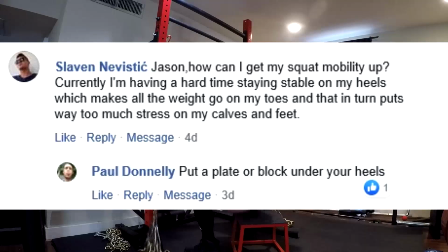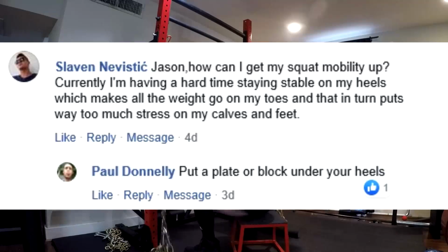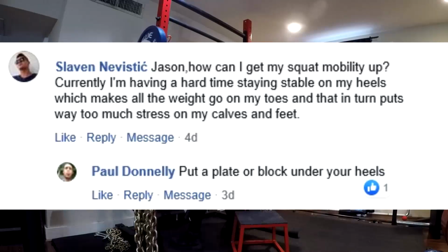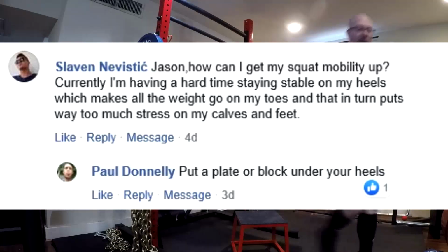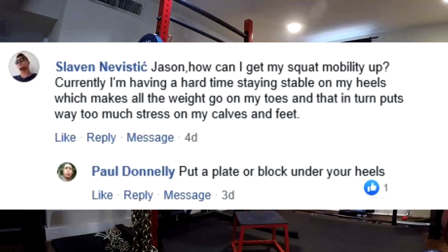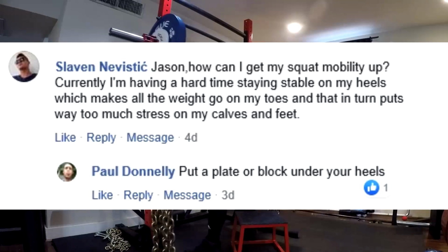Now, you could practice some third world squats. Look that up. You could practice squatting to a box. You could practice stretching yourself by putting a lighter weight on a bar, like maybe 50% of your max, getting it kind of tight and everything, sitting back and letting it stretch you at the bottom, and work on some of those things. Those are different techniques that you can utilize to help with that mobility. But